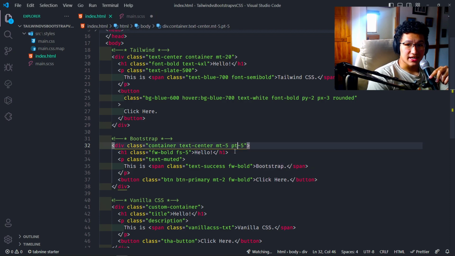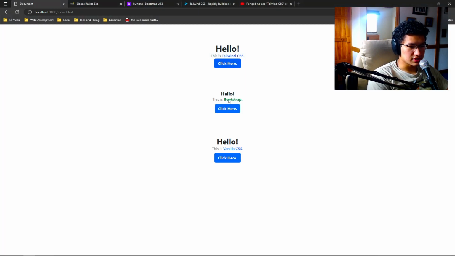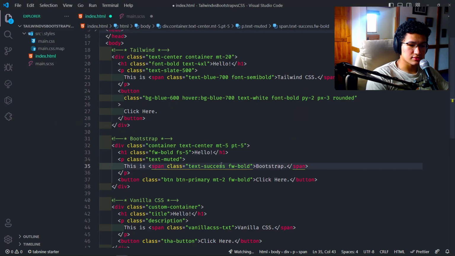That is one of the negatives of Bootstrap, which is it won't let you go further than 5. So you can't go 6 or 7 or 8. That is why, as you can see here, Bootstrap, it is very tied together or very close together within these two elements, within the Tailwind CSS element and the vanilla CSS element. So that is an additional negative that I see with Bootstrap, which is that you're very limited when it comes